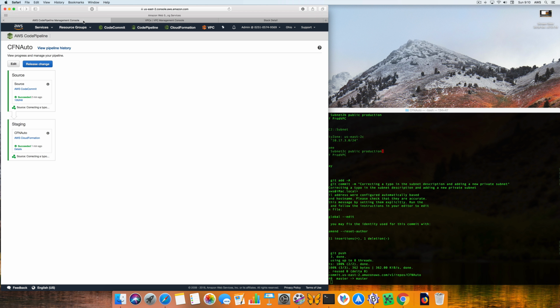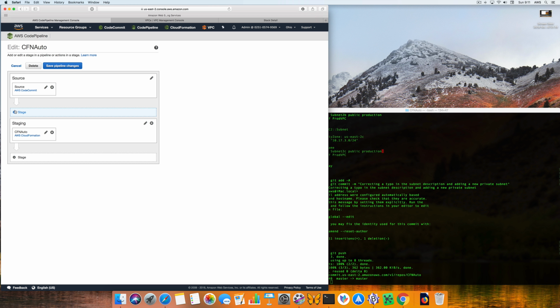Alright, so the next step is adding an authorization step into this pipeline, so we can see how we can change the pipeline and do a little bit more things like this authorization. Hold on. Okay, so back to the pipeline. Let's edit and add another stage. So let's call this